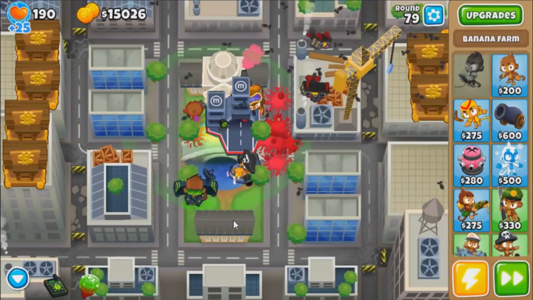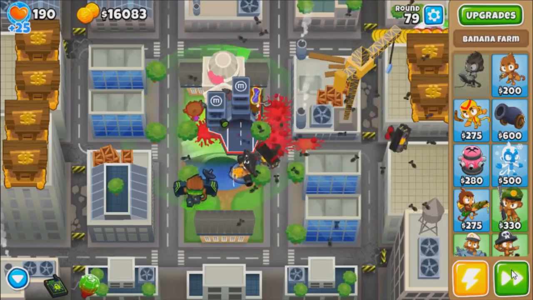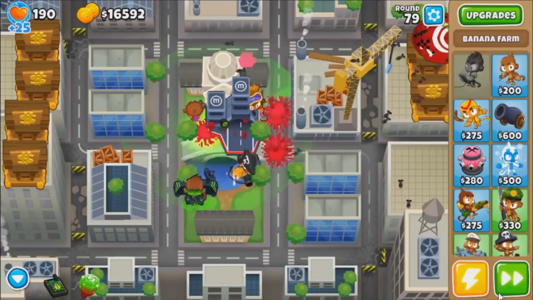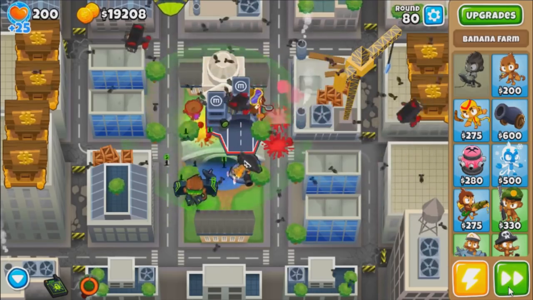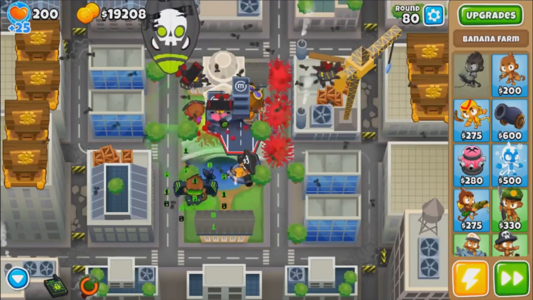So let's finally finish it off with level 20 Benjamin over here. Level 80. We'll see if this affects the ZOMG. It turns it into a BFB. I highly doubt it works on the BAD. I mean, that would be a little overpowered. Let's use it. Oh no. Might have used it a little bit too late, so I can't see exactly if it works